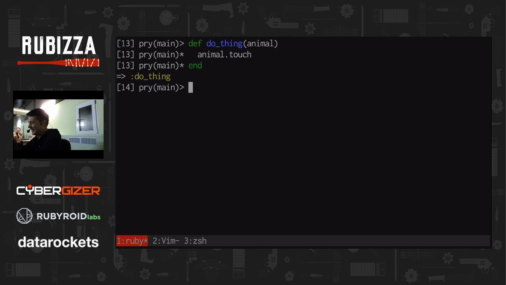But that's by default. When we add a method to our class, by default it's public. Any code can call those methods. But we can change this default behavior. For example,